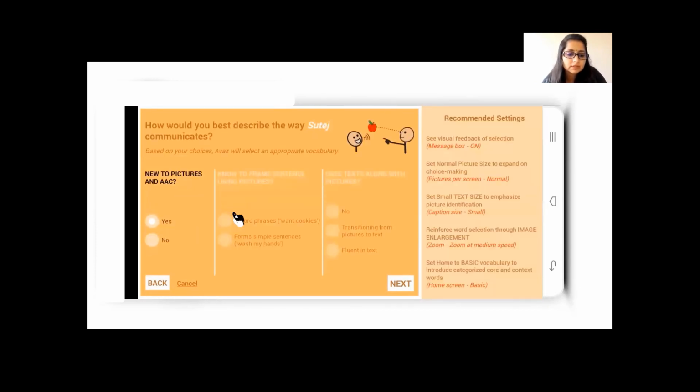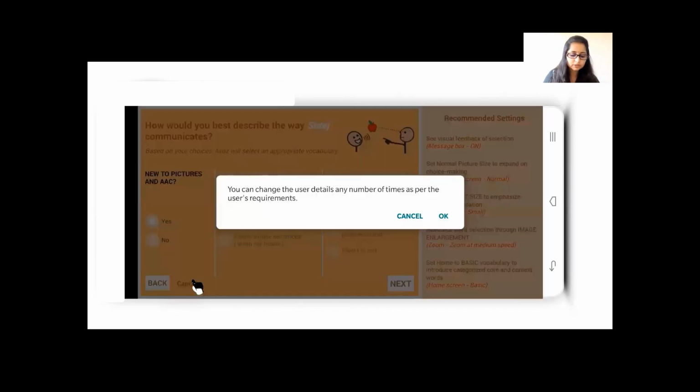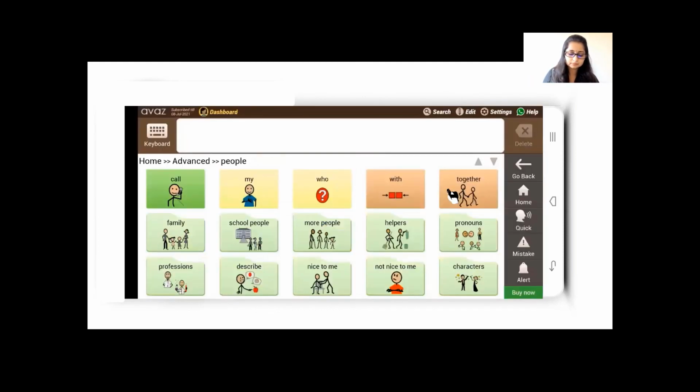Then you can go further ahead and choose, there are these prompt questions. These are the questions: new to pictures, yes. Is your child using two-word phrases or forming simple sentences, and so on. If you go on choosing, it will help you customize. If you haven't used the onboarding feature, you can change it as many times as possible. It's not like once you've set it, that's the ultimate thing. Go back home.